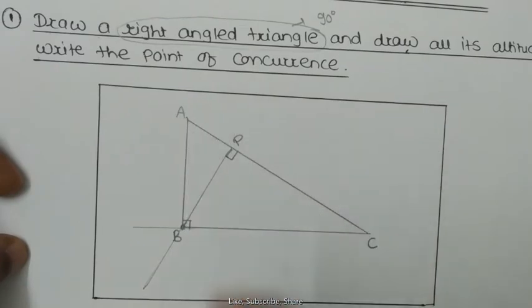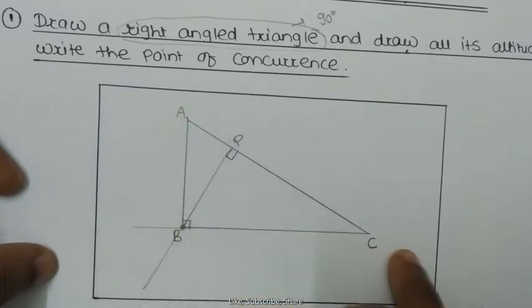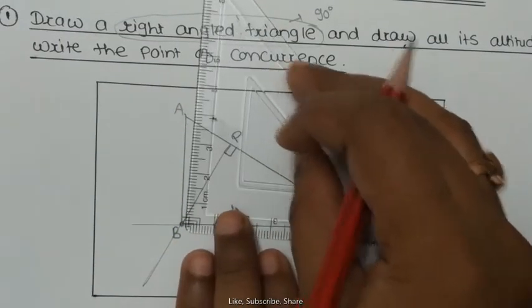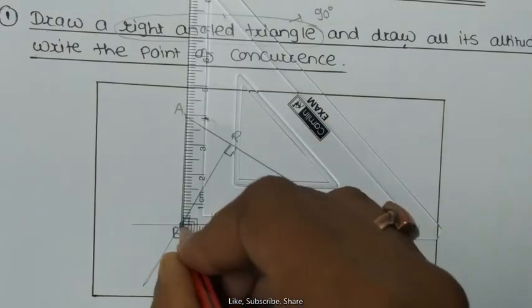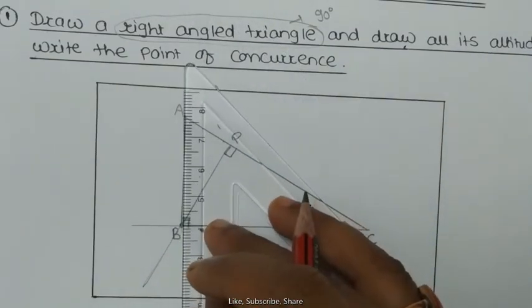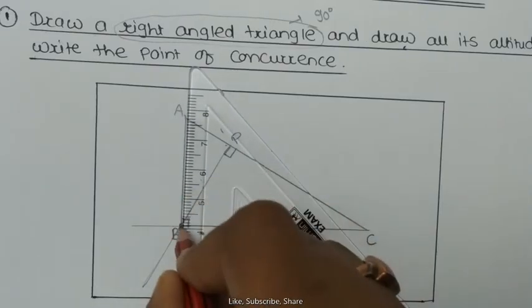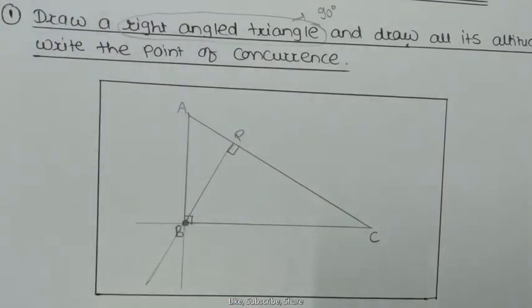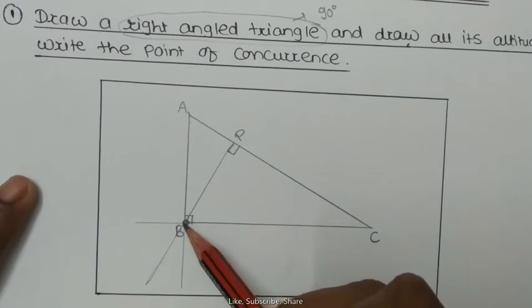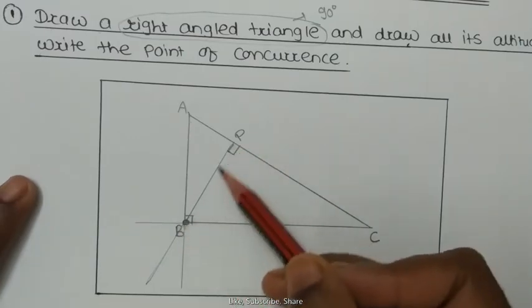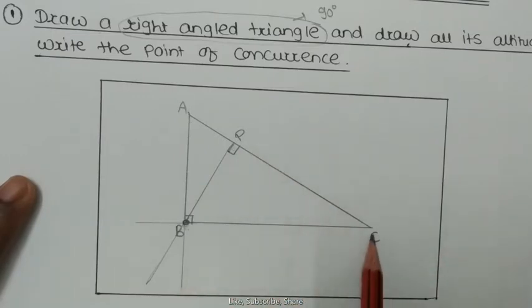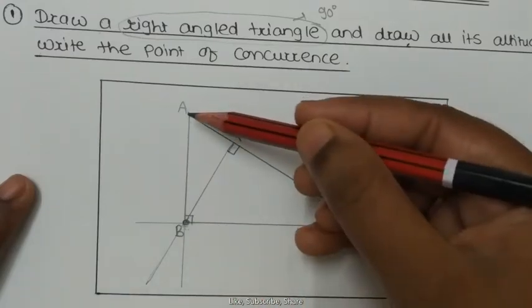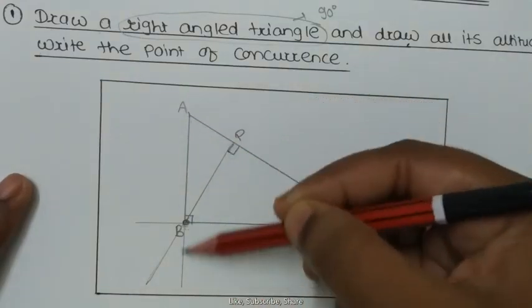Now if you want to consider the vertex A, what is the opposite side of A? That is BC. So we have to draw the 90 degree here. So we get B itself. That means we have to draw this like this, which is the intersection point. Listen, when we draw the altitude from vertex B, we get this line. Now when we draw the altitude of vertex C, we get this line. Clear? Now when we draw the altitude of vertex A, we get this one.